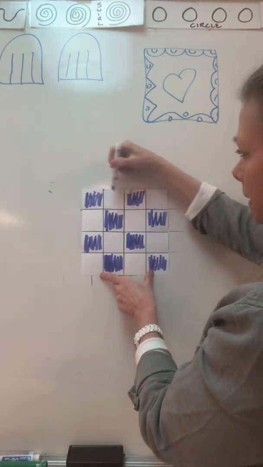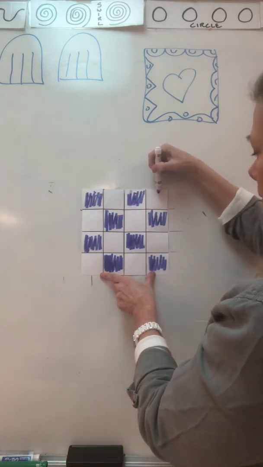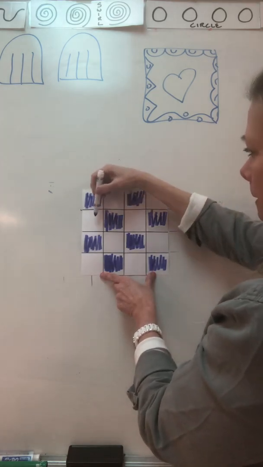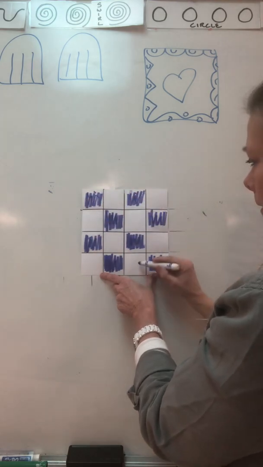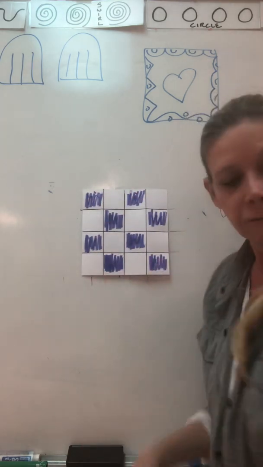First, you mark it, skip one, mark it, skip one. Mark it, skip one, mark it, skip one. And when you get finished coloring it, you should have